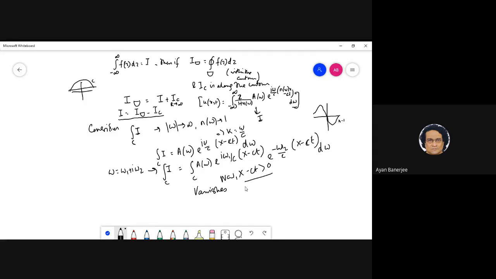So this is very clearly going to vanish at omega 2 tending to infinity, because omega 2 is positive in the upper half plane. Okay, so very clearly, what does this imply? Absolutely clearly,